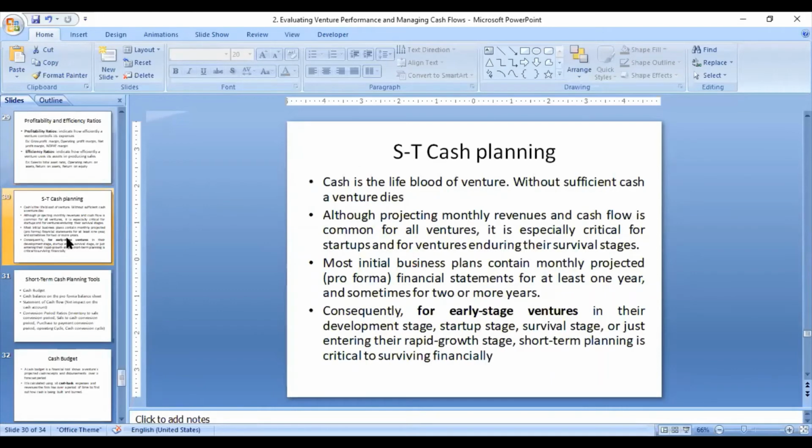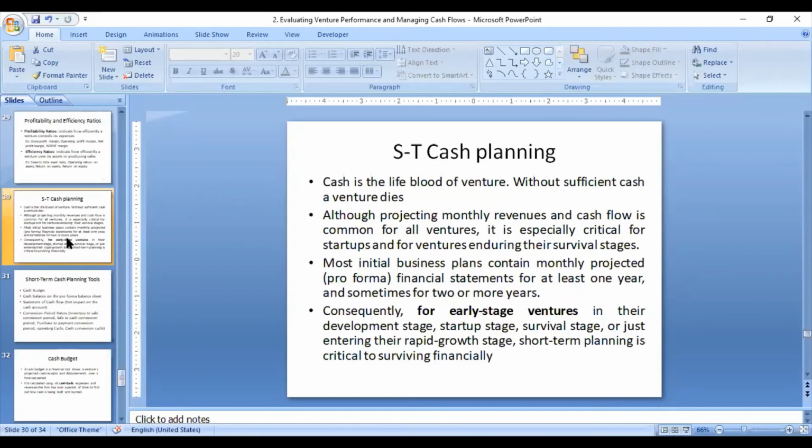So we are moving to the next part, that is short-term cash planning. Now we are in the early growth stage, or the survival stage, startup stage. So normally we plan for at least 5 months or 1 year at this level of stages in the life cycle. Long-term cash planning we can also do. There is a forecasting module and some other techniques that we can use for long-term cash planning, maybe for 1-2 years, more than 1 year.